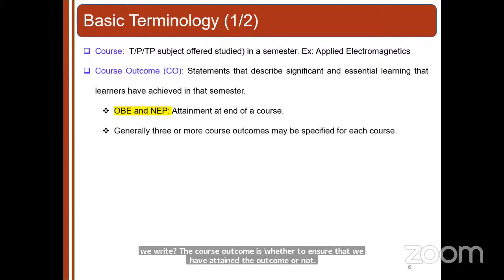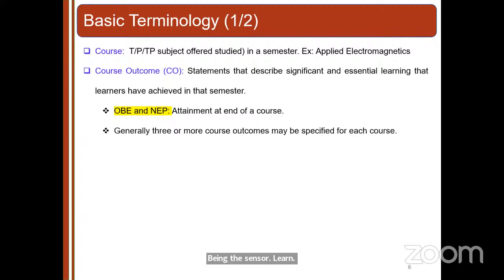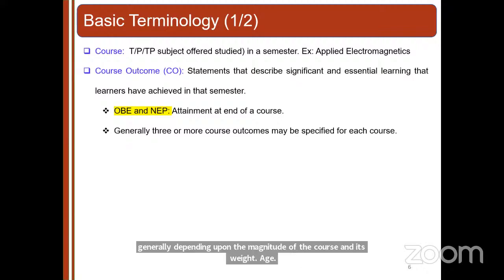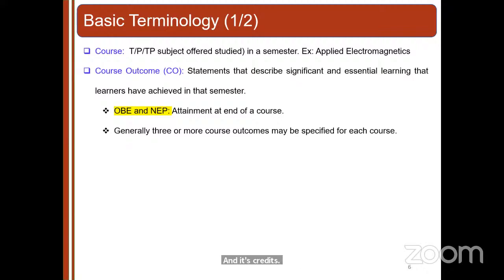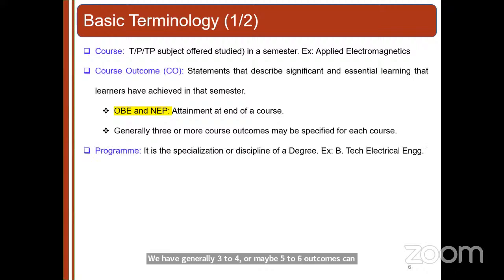Generally, depending upon the magnitude of the course and its weightage and its credits, 3 to 4 or maybe 5 to 6 outcomes can be specified for every course. A program, as you all know, BTech, BSc, etc., is the specialization of the discipline of a degree. Just as a course relates to a course outcome, several courses together make a program, and we also have something called a program outcome, which is an